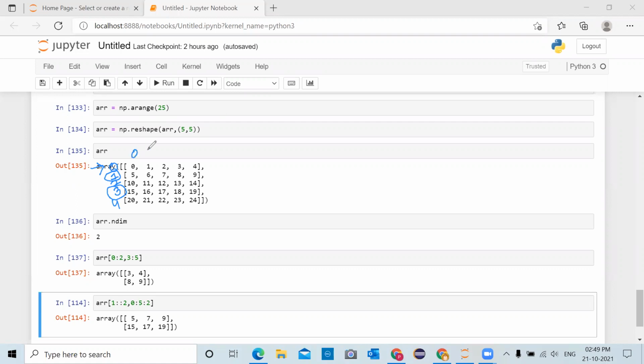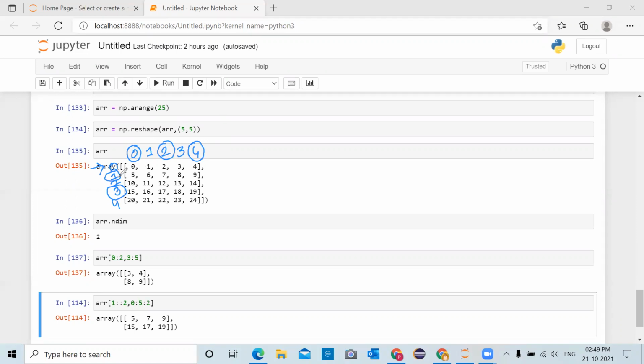This is the 0th column, first column, second column, third column, fourth column. Evenly positioned columns. So 0 is even, yes, we want this column. 2 is even, we want this column. 4 is even, we want this column. So what will be the result?